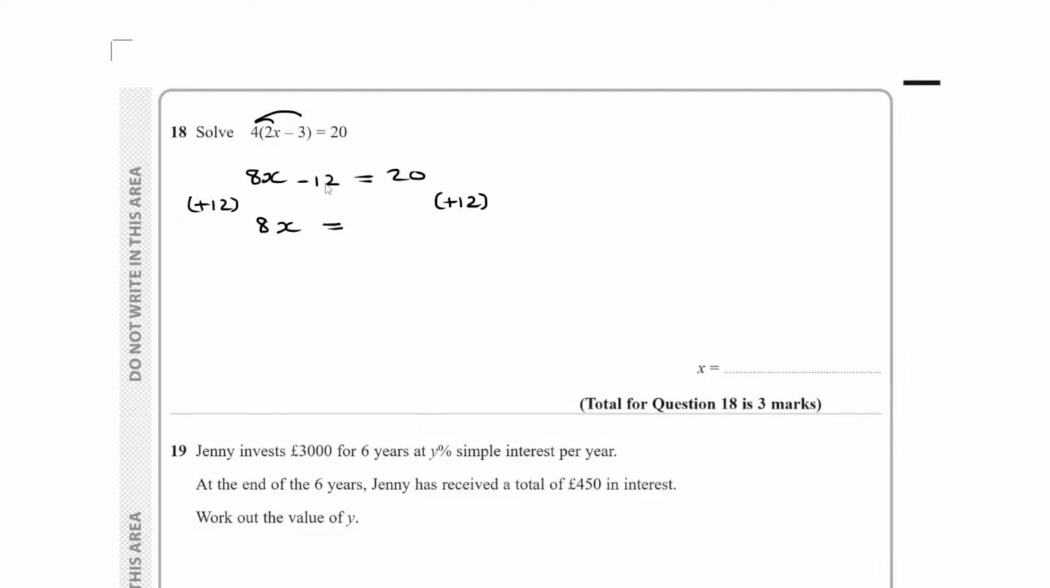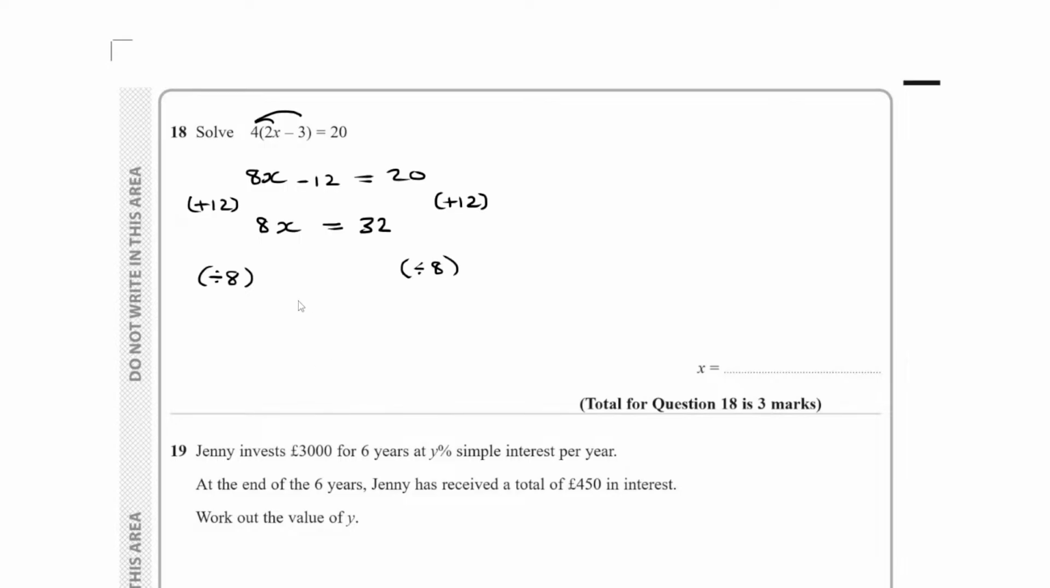Obviously, if you add it on the left, it just cancels it out. It becomes 0. So it's not there anymore. And then obviously add it to 20. So that's 32. And then I just want to get x. I don't want 8x. I just want 1x. So I need to divide by 8